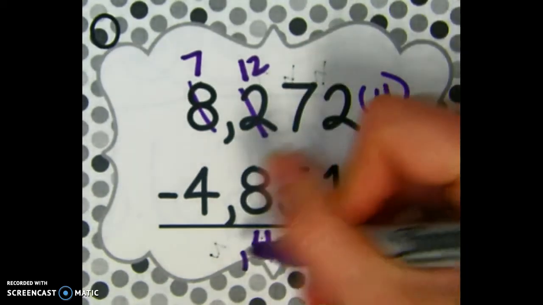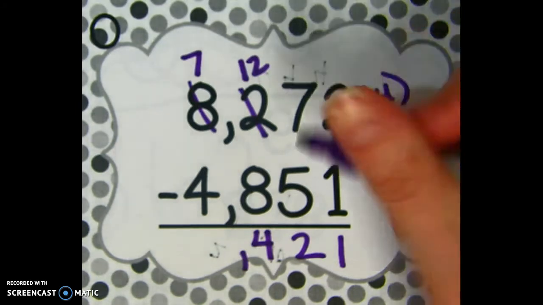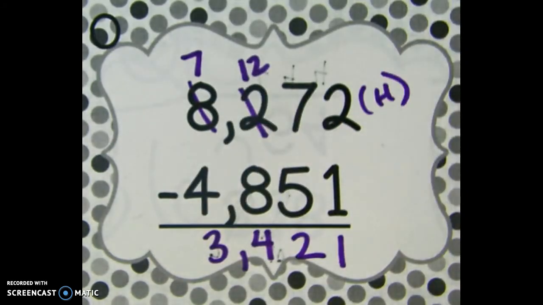Okay, 1, 2, 3, comma. 7 minus 4. Do we need to borrow? No. 7 is what we have. We can take 4 away. Turns into 3. So the answer is